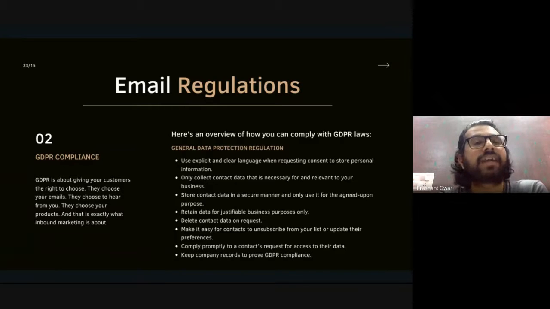And every website has a privacy policy, even the IDM website. If you open our company IDM website and go to the bottom part or the footer part of our website, you will see a privacy policy link there. Click on that privacy policy link and read the privacy policy. It is clearly mentioned that if you want to remove your data from our website, you have to write a mail to us at hello@IDM Delhi and mention the subject line, delete my contact information from your website.